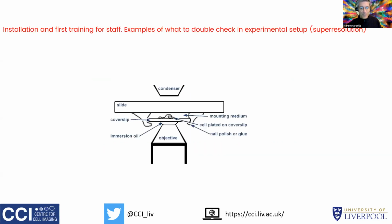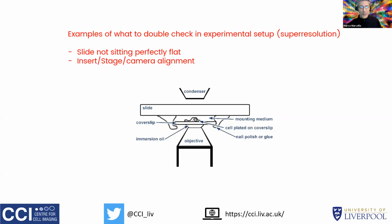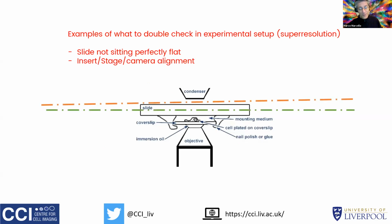So basically that's a view of the microscope, an inverted set of the microscope. And basically the things that we noticed at the beginning is, for example, all these factors that were important in order to get a nice picture in the confocal are even more crucial here. If you don't pay attention to these parameters, if in the confocal or wide field world you were getting a bad picture, here you're getting no picture or a picture which is not usable. So in this sense, the few details that I'm going to describe here are really crucial